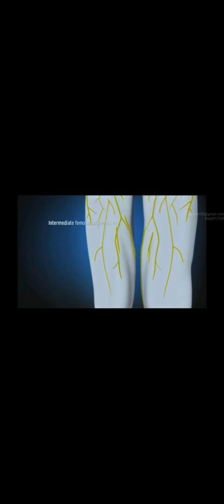Cutaneous nerves. They are derived from the ventral rami of lumbar plexus. They are lateral femoral cutaneous nerve, a direct branch of lumbar plexus; intermediate femoral cutaneous nerve, medial femoral cutaneous nerve, and saphenous nerve from the femoral nerve; a branch from the anterior division of obturator nerve;